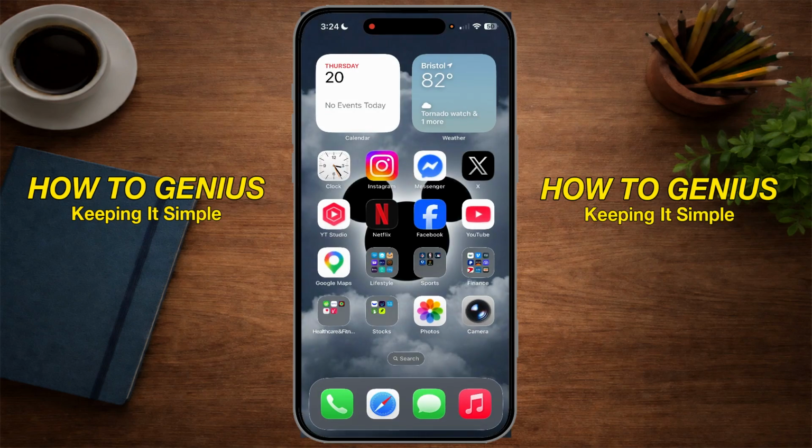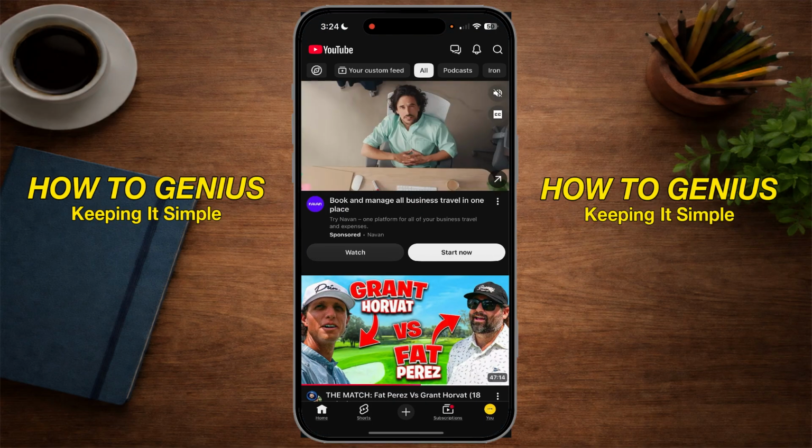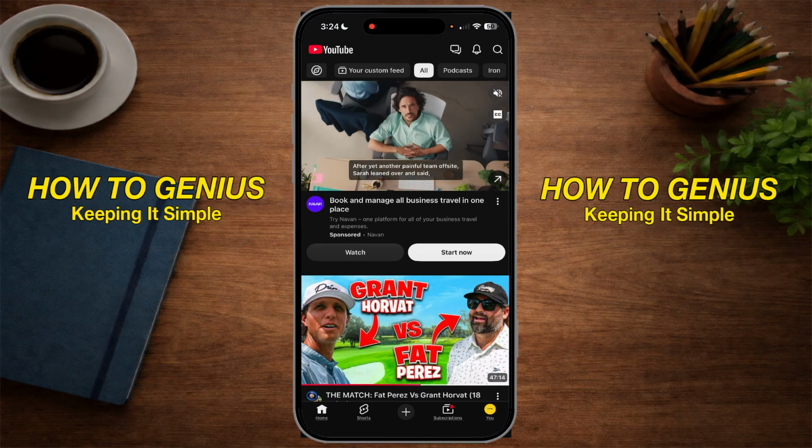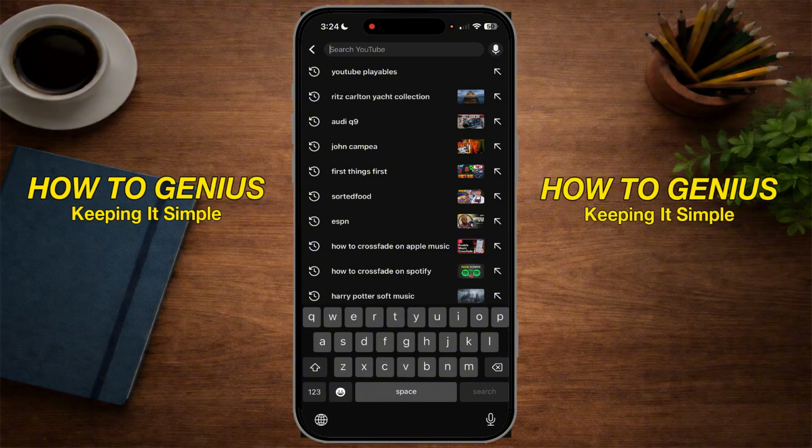In this video, I'm going to show you how to play games on YouTube. So what we can do is go to YouTube. Now there's two ways you can do this. The first way is you can go on the search bar at the top right-hand corner and go ahead and